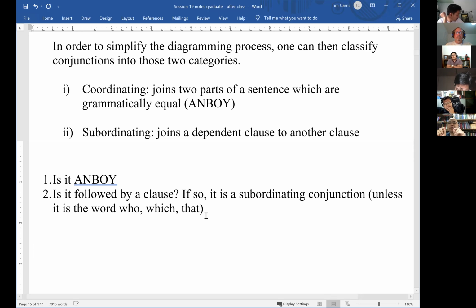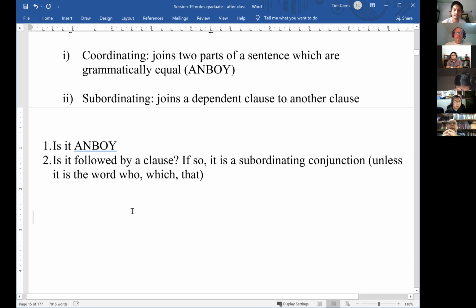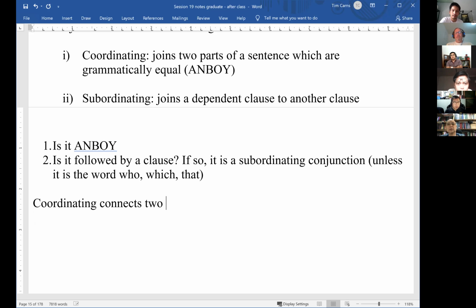I would just like to stress this, and correct me if I'm wrong. Identifying the two, either coordinating function or subordinating function, affects our diagramming of whatever follows the coordinating or subordinating connecting word. Yes. If it's coordinating, the coordinating will not be modifying something, right? The coordinating connects grammatically equal